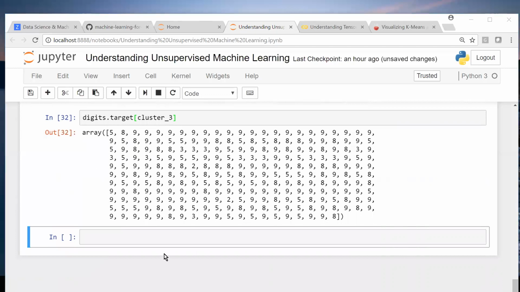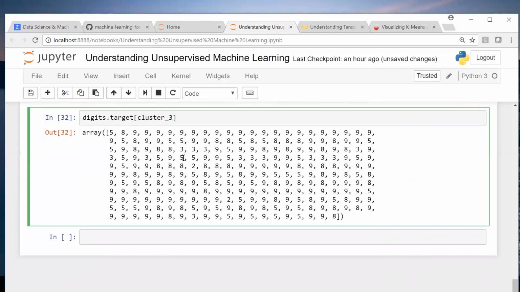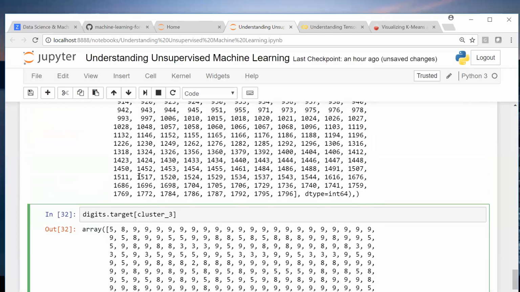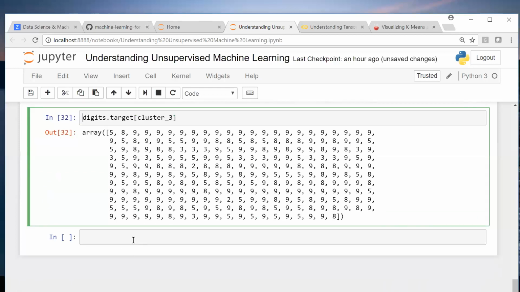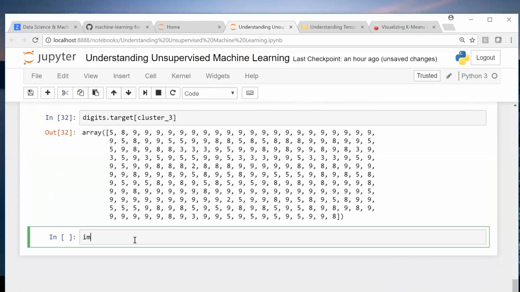What is the picture that is predicted? What is the value that is predicted? Cluster 3 doesn't mean it's number 3. So we don't know that. Yeah, we can see that, but as it looks, it is a lot of misclassification. No, I'm asking about the picture. Oh, picture. Let me show. So we can see one of them, with plt.imshow.